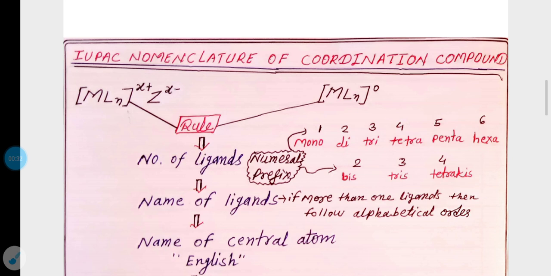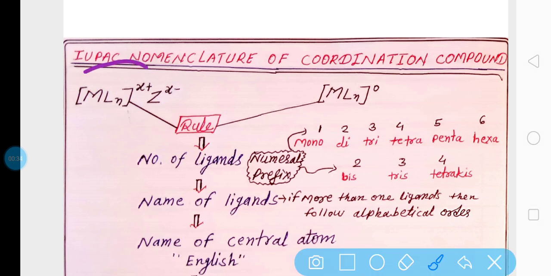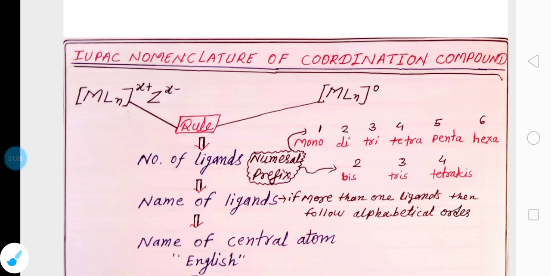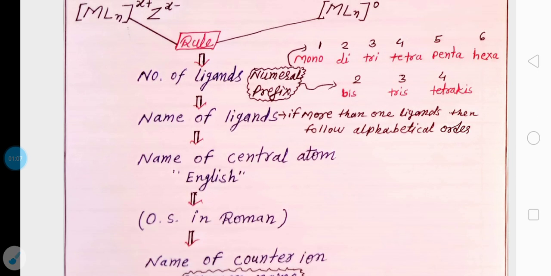First, if there is a positive charge on the coordination sphere. Second, if there is no charge on the coordination sphere. And third, if there is a negative charge on the coordination sphere. Firstly, we will see when there is a positive charge or no charge on the coordination sphere, how we can do the IUPAC nomenclature of coordination complexes. The sequence of rules is written here, which you have to follow, and then you can simply do the IUPAC naming of coordination complexes. See friends, what sequence you have to follow.